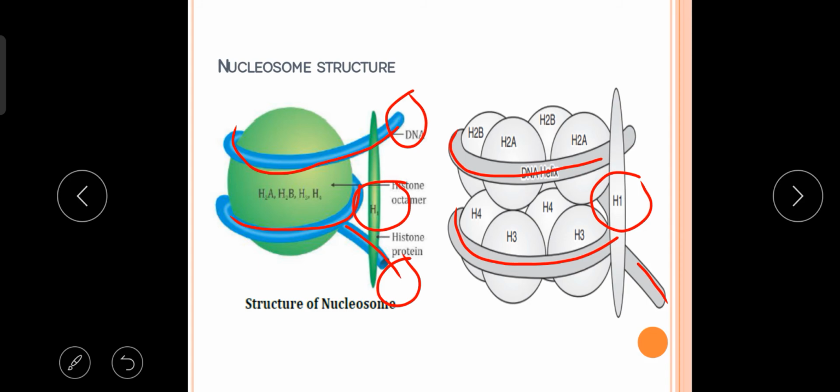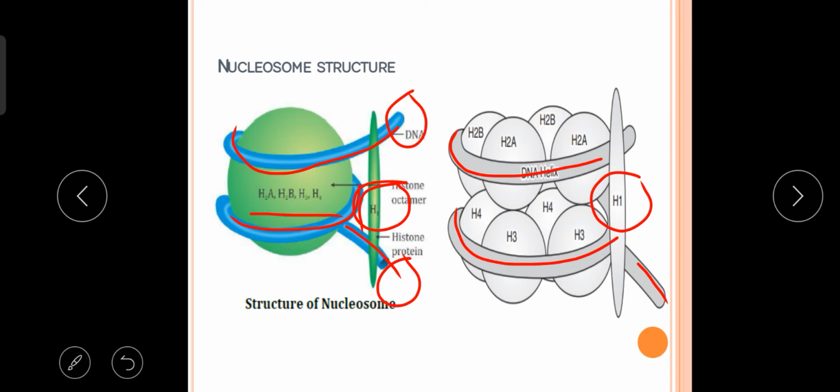Okay, remember, very important. Remember the names of the histone proteins present in the nucleosome. In the main part, only 4 types of histone proteins are present: H2A, H2B, H3, H4, which are found in pairs. And outside the nucleosome, another histone protein is present, which is the H1. Only the two ends of the DNA are attached to it, or linked to this histone protein outside the nucleosome. Remember how many? This 4 and this one. Total 5 types. 1 outside, 4 inside.